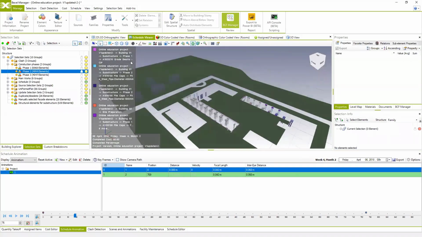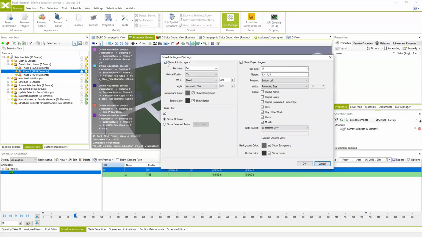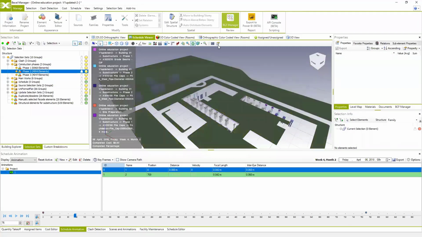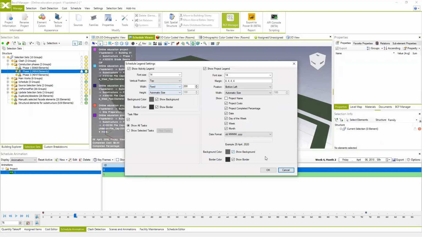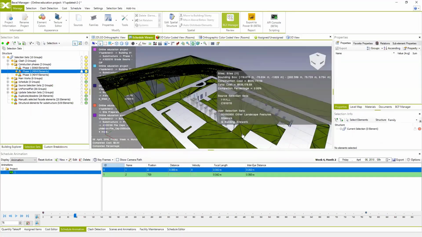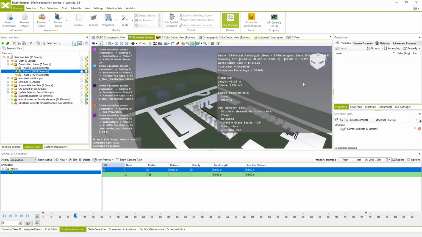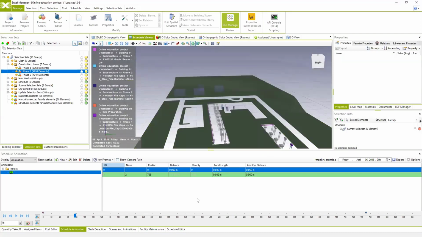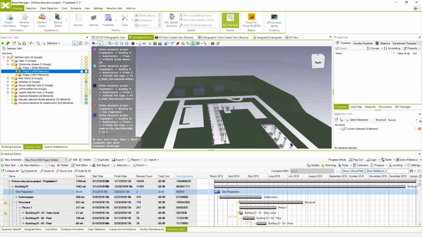And all these legends can also be adjusted using the schedule legend settings. So right here, you can choose what you want to see and the way how you want to see it right here. So you can change also, you can switch the position of these windows as well. And these are all basic options which are covered in the manuals. So I'm not gonna repeat it now because I want to show you if you go to the schedule editor